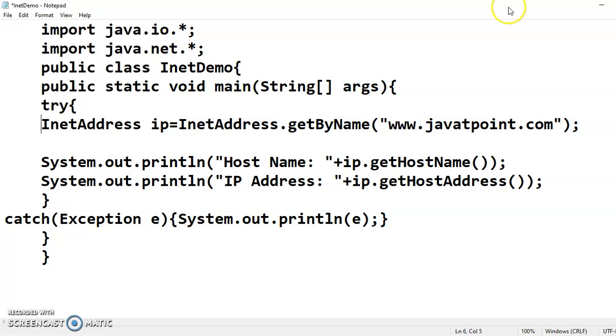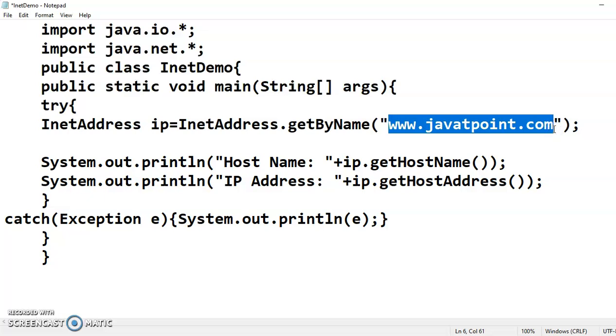JavaPoint is one website, javapoint.com, and I want to find the IP address of this domain name. So I'll go with the second method, getByName. As per my knowledge, this site is not that overburdened, so it is not likely to have multiple servers. So I'll not go with the third method, getAllByName, but with the second method, getByName.